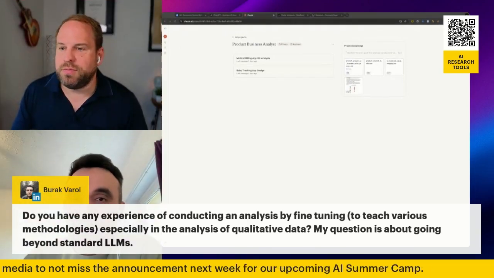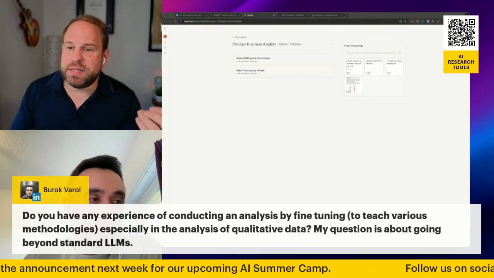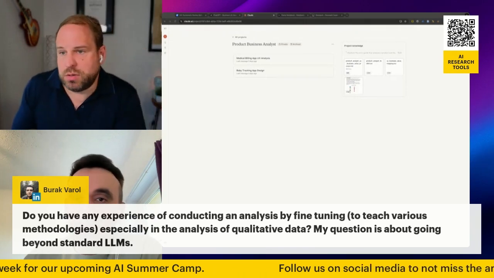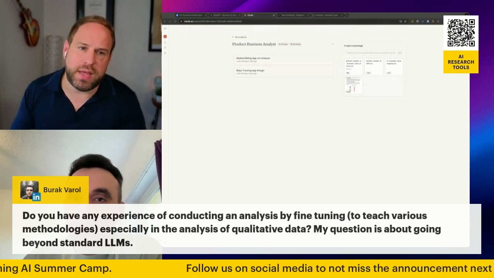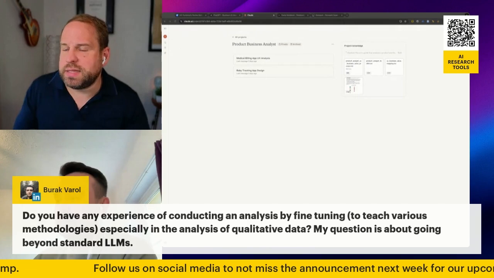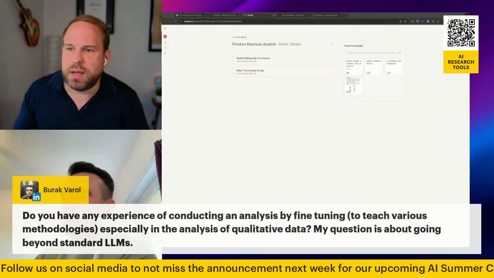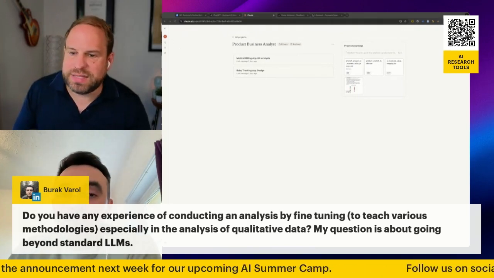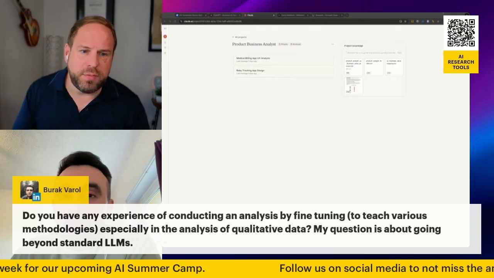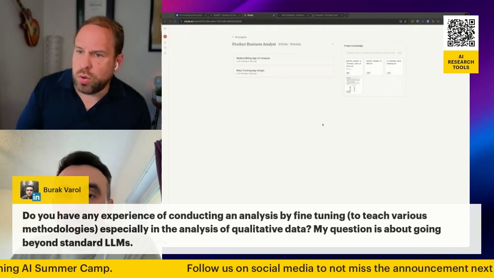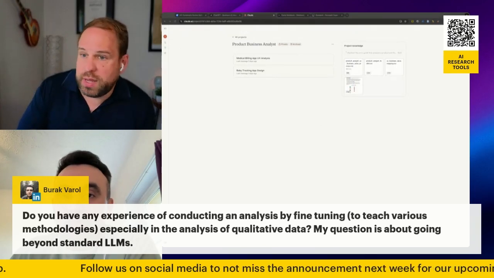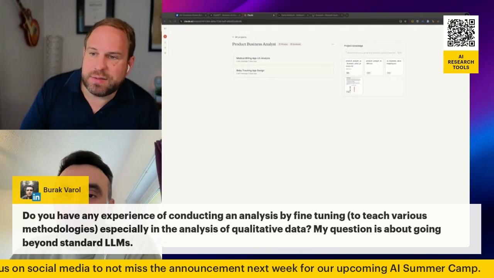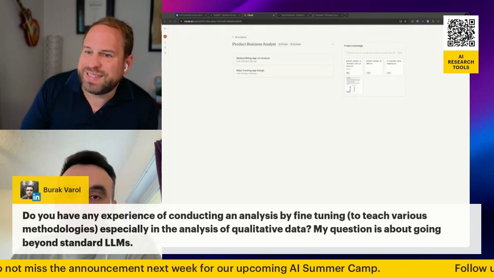This is kind of what Vugar said earlier: if you are using this, you're going to use it with a standard LLM. And ideally, if you're doing thematic analysis, you're probably going to use Gemini because of the larger context window, and then you're going to try and interact with that somehow. But if you mean fine-tuning as in going to the playground in OpenAI and creating a custom GPT, basically, or a custom agent.